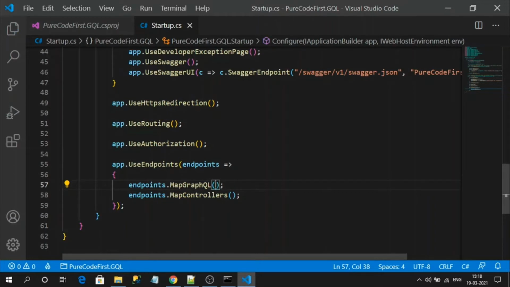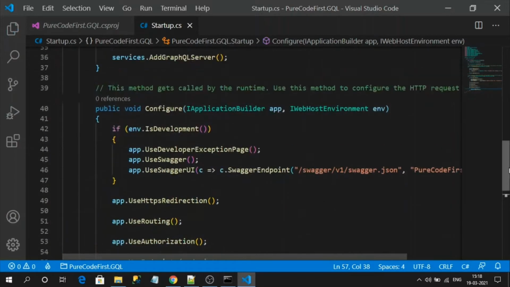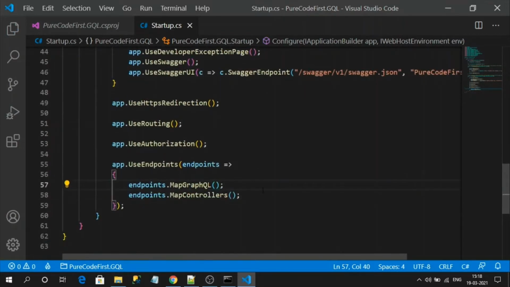So that is the basic step. What we have done here is configuring the service and the routing. Okay, so now I will play with some real-time data from the database. Here I am going to integrate the database context using Entity Framework Core. I already have a table like gadgets in my local system, so I'm going to use that table for this demo. Using Entity Framework, I am going to implement the code first approach with an existing database.